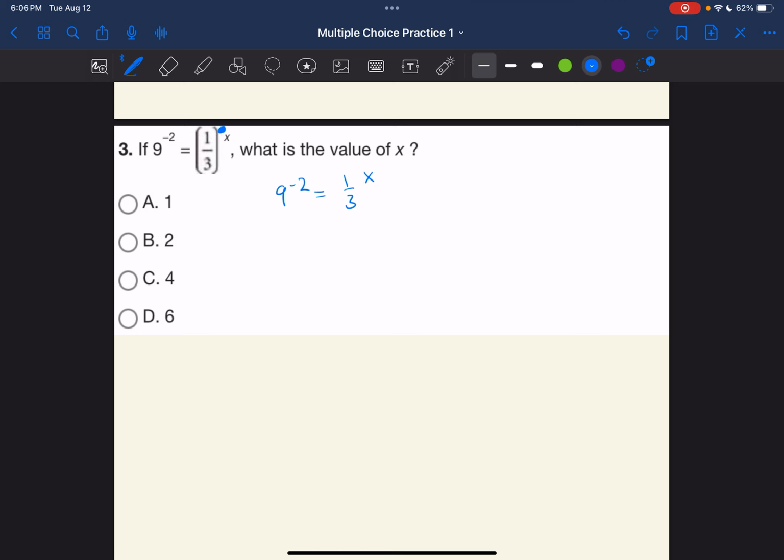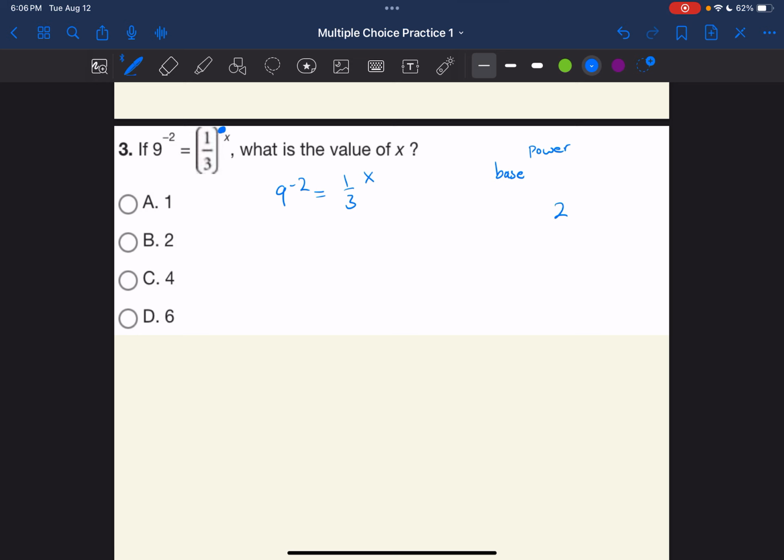Well, the left and right have different forms for their base. There's a base taken to a power, and we want to write it in a form such that the base is the same so that the powers can be compared. In the left-hand side, if you know what any number taken to a negative exponent means, I'll just do a quick demo,